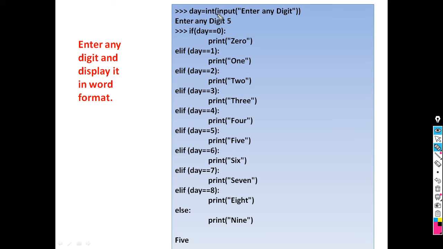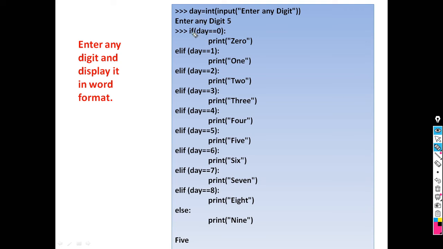So here day is equal to int input, enter any digit. You should enter this digit in integer format. So here the variable is taken as day is equal to int input, enter any digit. You can change the variable, you can write d or digit.